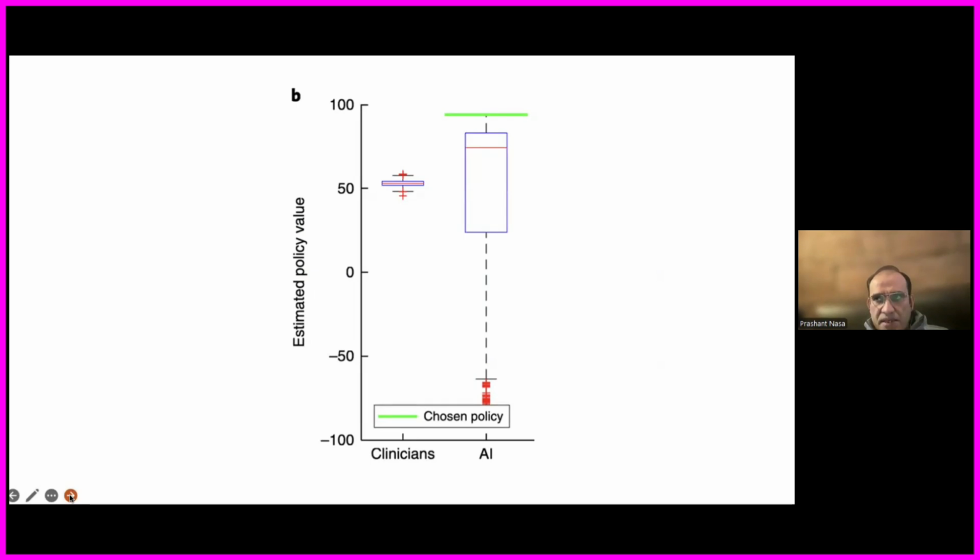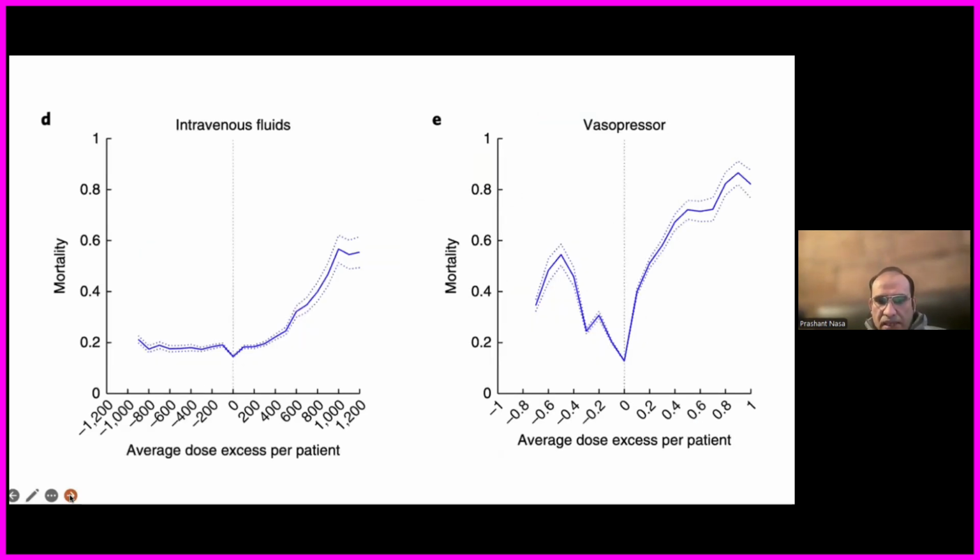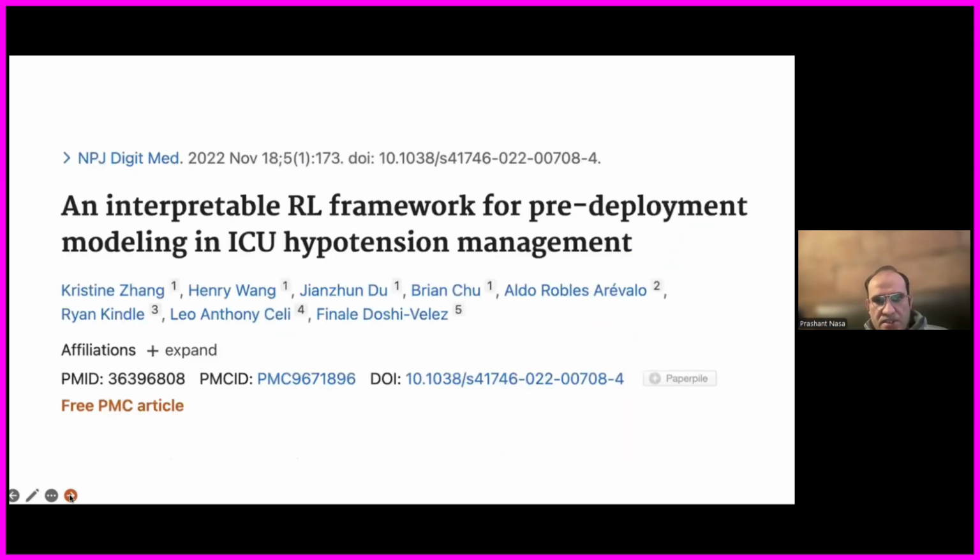And when this interpretable model was tested in another cohort, it again performed much better as compared to the original clinicians who were asked to manage these patients. What they found was that the AI model was actually able to predict a better amount of fluid resuscitation, or could perform less fluid resuscitation in these patients, and the early use of vasopressors, as compared to the information coming from the clinicians.